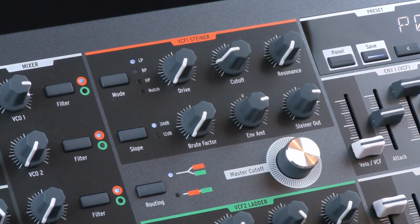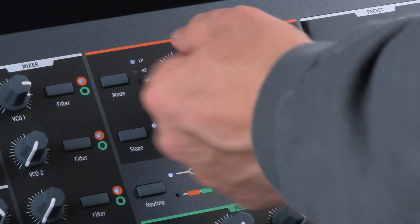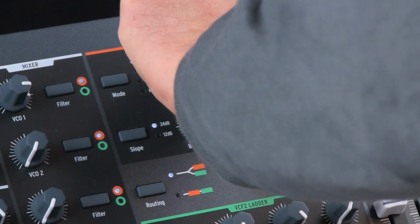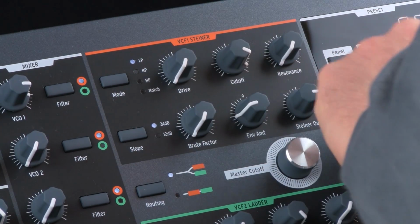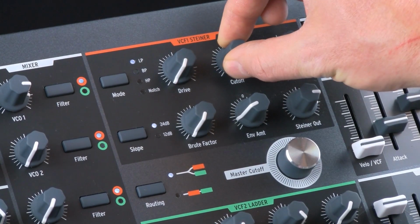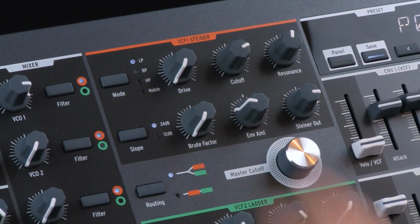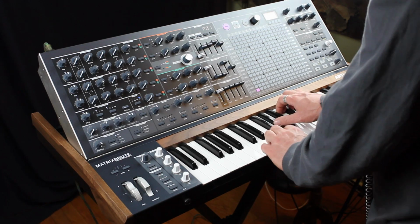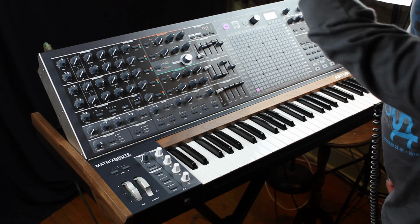Of course, you'll get different sounds depending on what your resonance is set to. It's a really nice sound. And you can get negative envelope as well. Yeah, really,